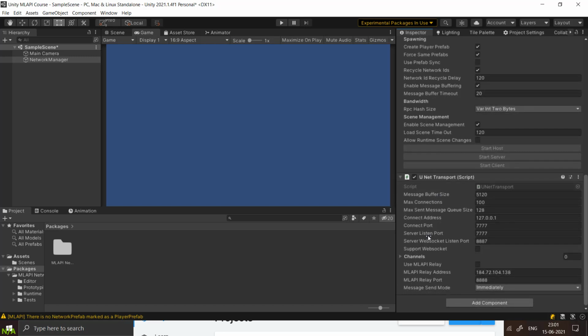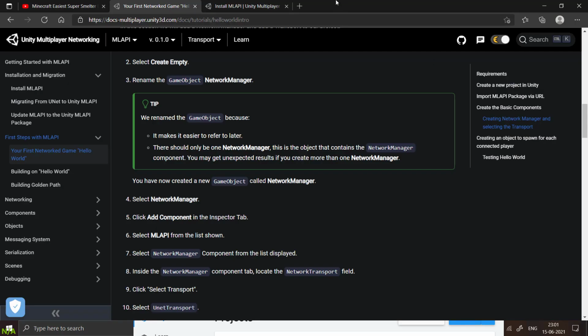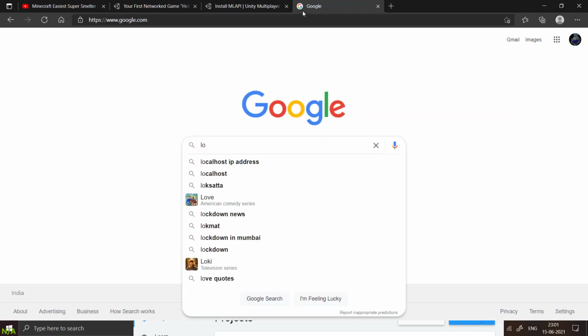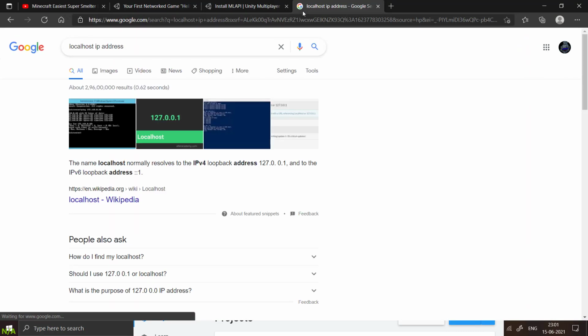And then this is the Unity transport. Ignore all these, max connections and everything. The most important thing here is the connect address, 127.0.0.1. What is this? This is our localhost address. Let's Google it if you don't believe me: localhost IP address.